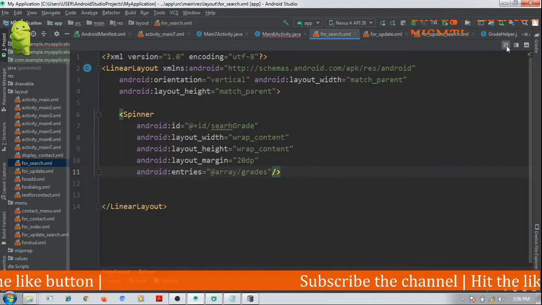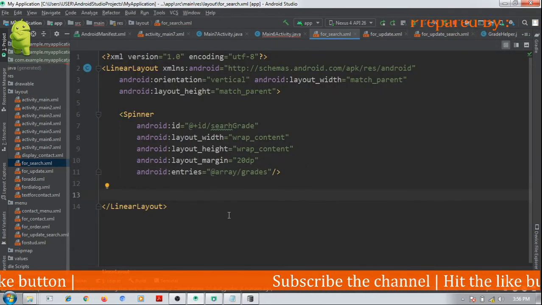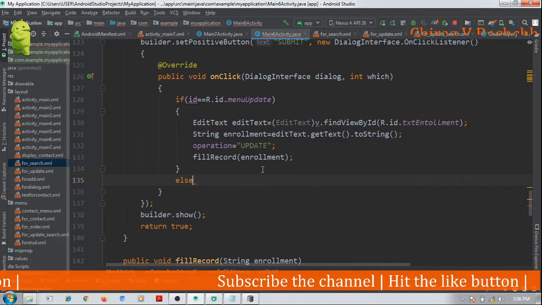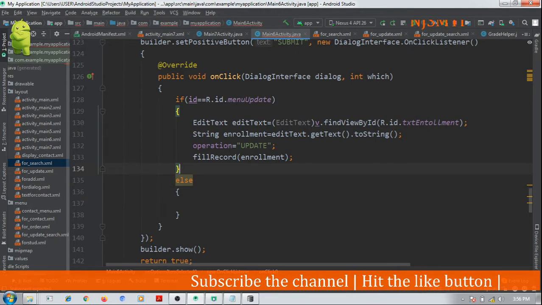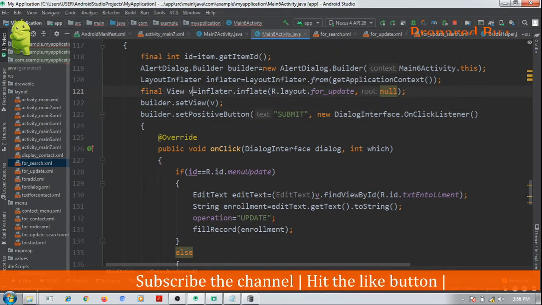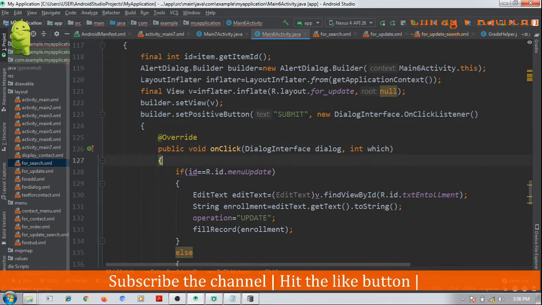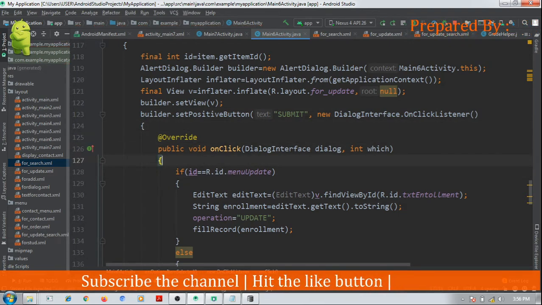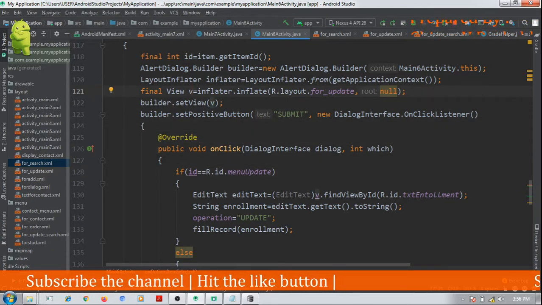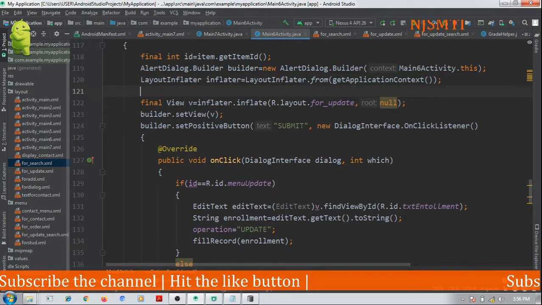Yeah, this layout should be used as the view in this dialog box. So we can use the same builder, but we should check a condition here before inflating the layout.